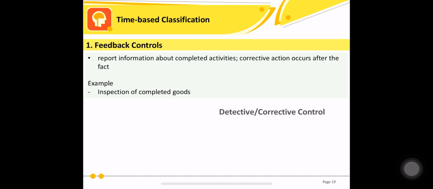When it's corrective or detective, either way, you're getting a signal and then you're going to correct the risks to reduce the impact. And then the likelihood is also reduced. So, for that, that's how you're going to classify it. My suggestion is to still focus on the primary control, but then again, with tricky questions and tricky answers, this time-based classification comes in. So, okay, remember, feedback is also known as detective and corrective control.